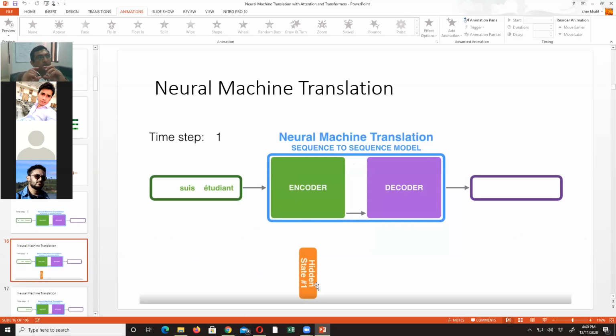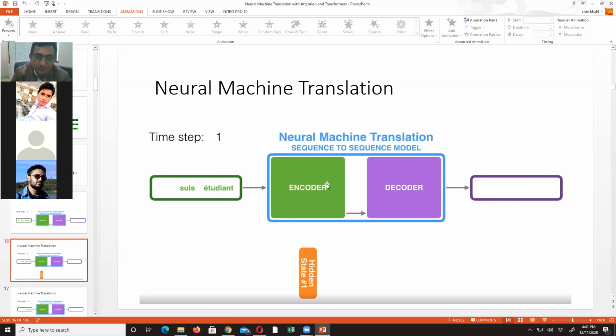Right? You remember when you are playing with an RNN, it's up to you: do you want output at each stage, or do you just want output at the final stage? So here in sequence to sequence modeling in neural machine translation, we say that we will take output at the last stage, when the whole sequence has been consumed. When you're doing neural machine translation, you might be considering one sentence at a time. So here this first sentence has been sent as the input, and we want to see what its corresponding English is. So one word at a time.